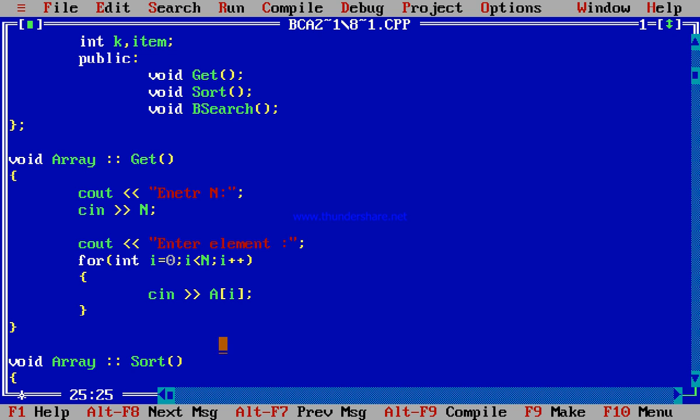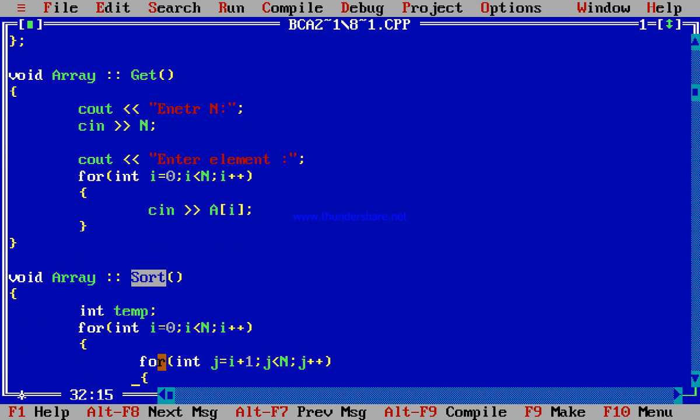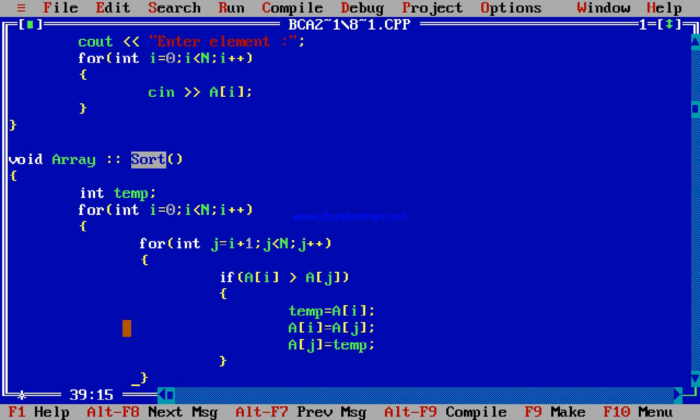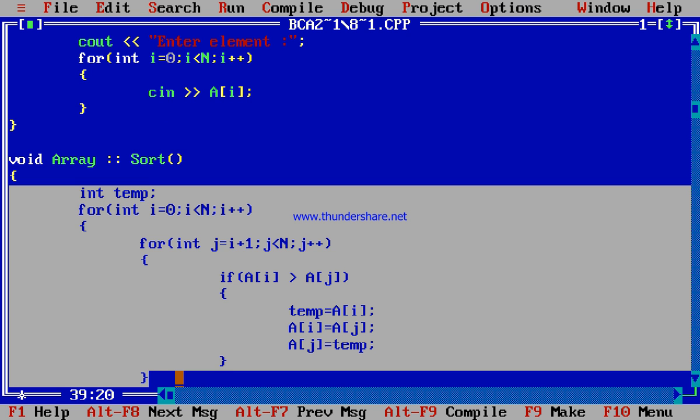For that you have to use the linear search algorithm, which I explained in the previous video. So you have to sort the array first. Here for sorting we are using the bubble sort algorithm, which is also explained in the previous video.